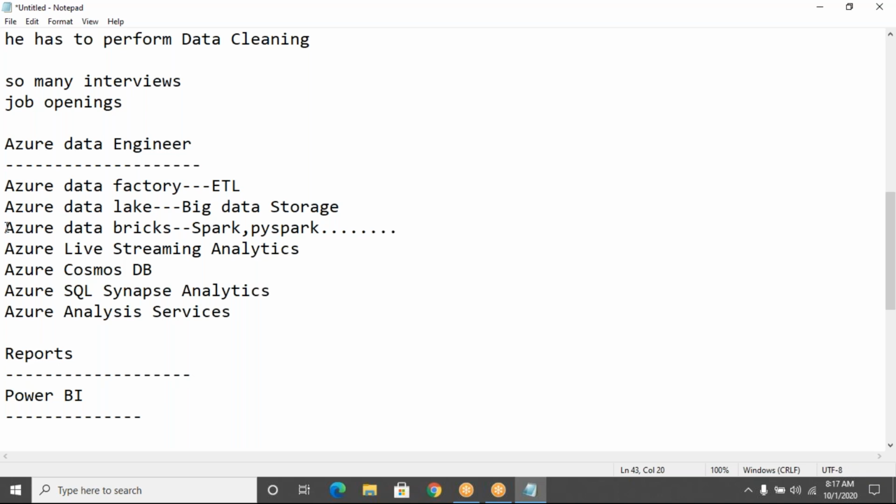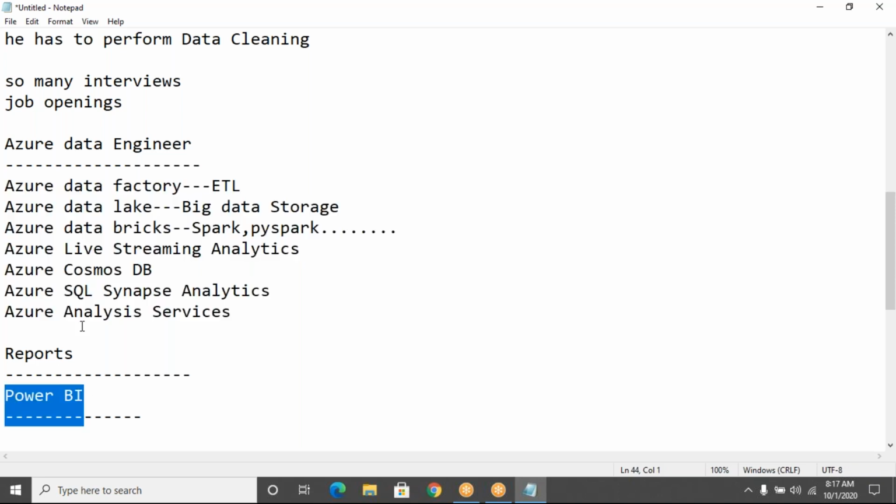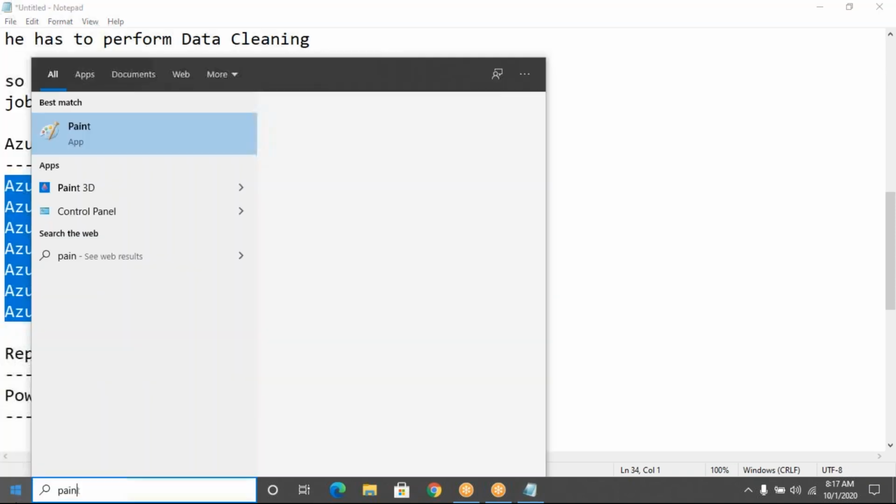So what will the Azure Data Engineer do? By using all these tools, he can manage and store and process the data. And by using Power BI, you connect to whatever data is stored, cleaned and managed in your Azure, and Power BI connects to that particular data and designs the visualization.